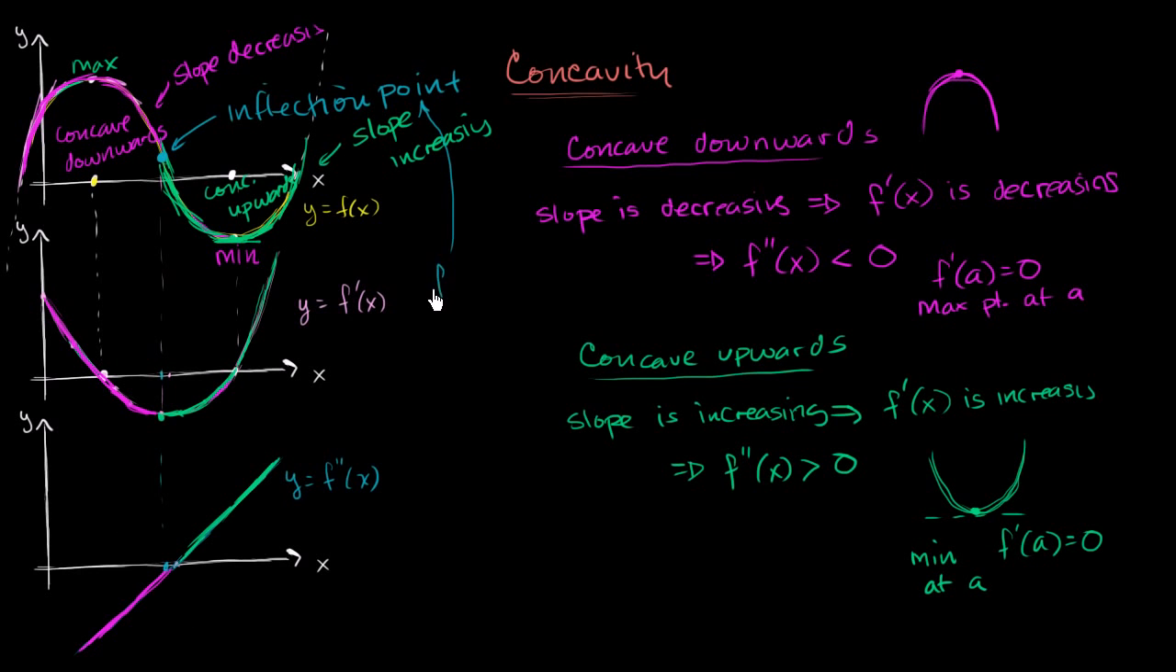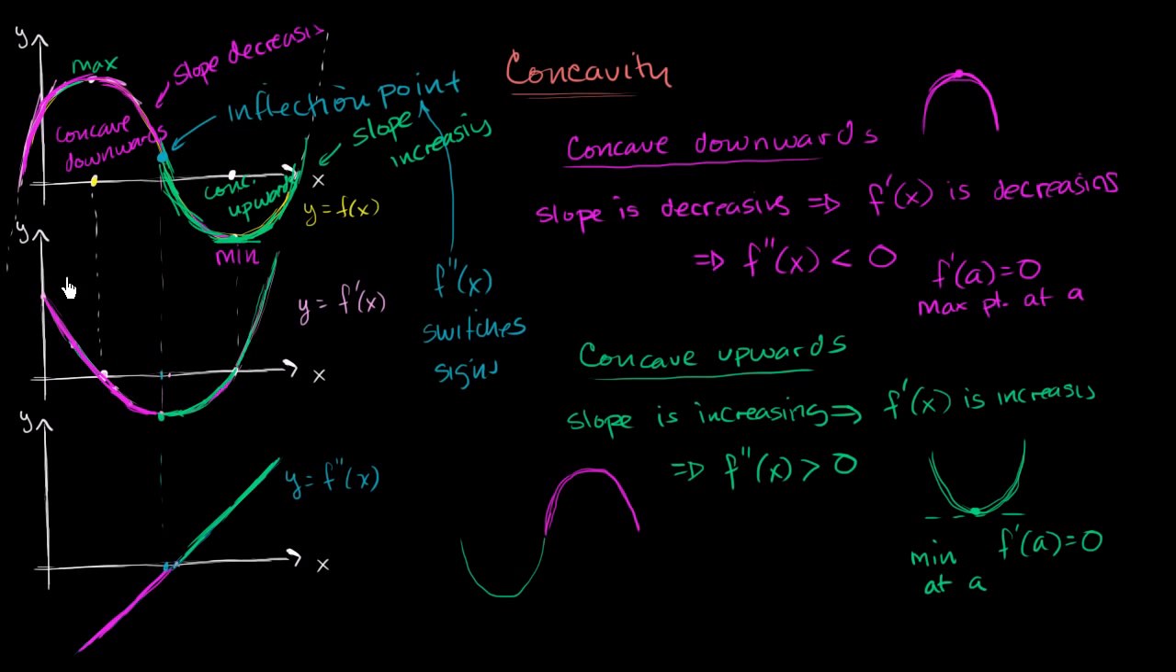So for an inflection point, your second derivative, f prime prime of x, switches signs, goes from being positive to negative or negative to positive. So this is a case where we went from concave downwards to concave upwards. If we went from concave upwards to concave downwards